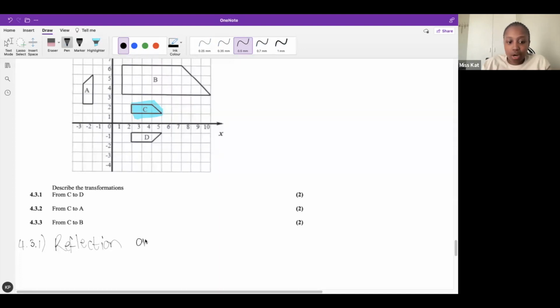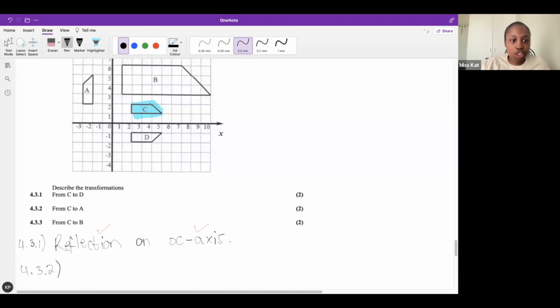on the x-axis. Now, your 2 marks come from first, you have to identify the correct type of transformation and where. So reflected on the x-axis, nice. Now, let's go to